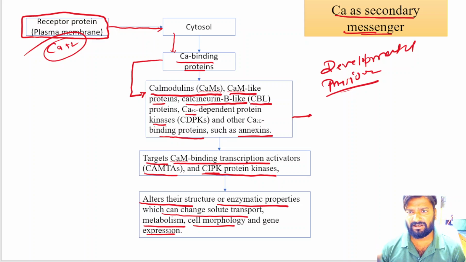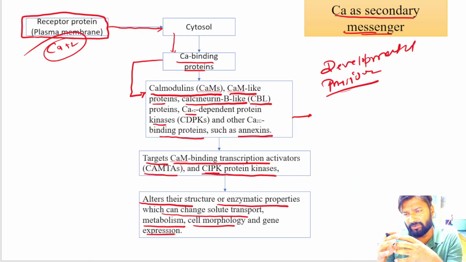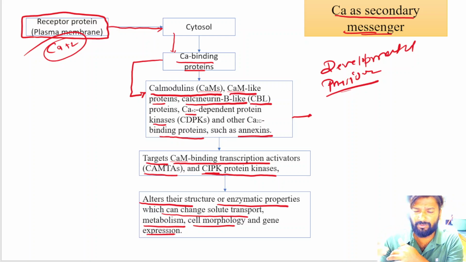तो लाइक दिस कैल्शियम वर्क एज ए सेकेंडरी मैसेंजर, मीन्स आपका प्लाज्मा मेम्ब्रेन पर रिसेप्टर्स होगा, वो आपके कैल्शियम्स को लेगा, साइटोसोल्स में मूव करेगा, साइटोसोल्स में आपके कैल्शियम बाइंडिंग प्रोटीन्स होंगे डिफरेंट टाइप्स के, वो आपके काइनेजेस को करेंगे, वो आपके सिग्नलिंग को आगे करके आपका जो एंजाइम है या जीन्स है या मॉर्फोलॉजी है उसको, जीन एक्सप्रेशन उसको चेंज करेंगे। तो इट्स परसनलाइज्ड सेकेंडरी मैसेंजर।